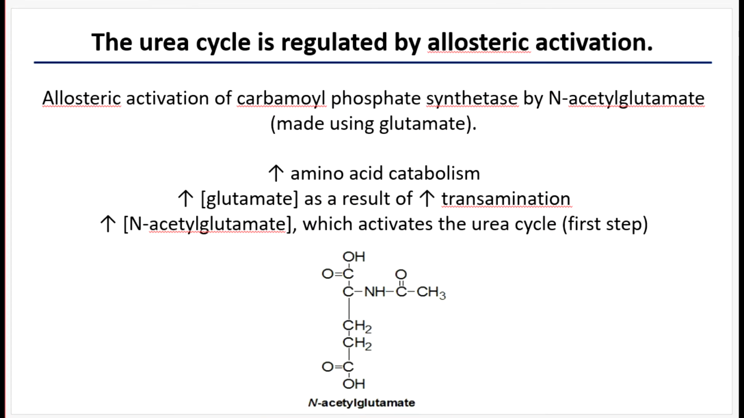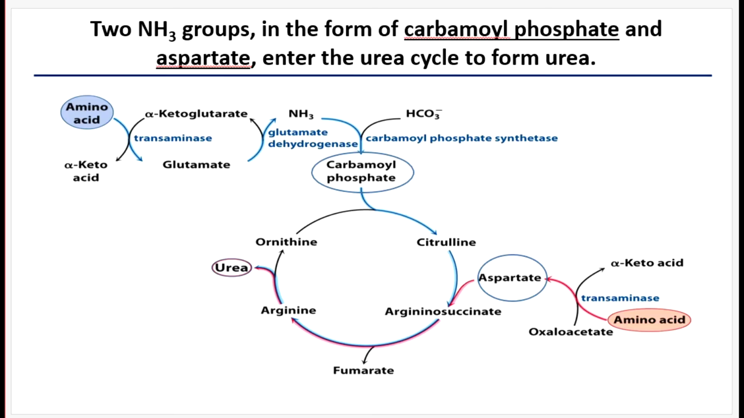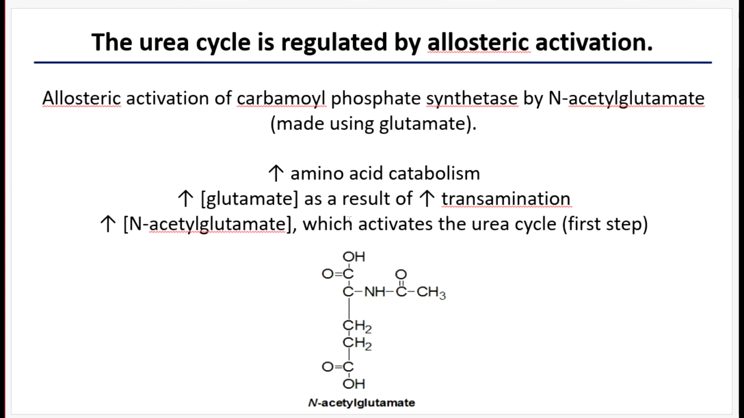Let's talk a little bit about how this is regulated. The urea cycle is regulated by allosteric activation of carbamoyl phosphate synthetase. So when there's an increase in amino acid catabolism, there's an increase in the concentration of glutamate because of this transamination step that happens here. So this transamination step will increase the amount of glutamate in the cell. Increasing glutamate will result in increased amounts of this N-acetylglutamate, which activates the urea cycle, the first step, so the